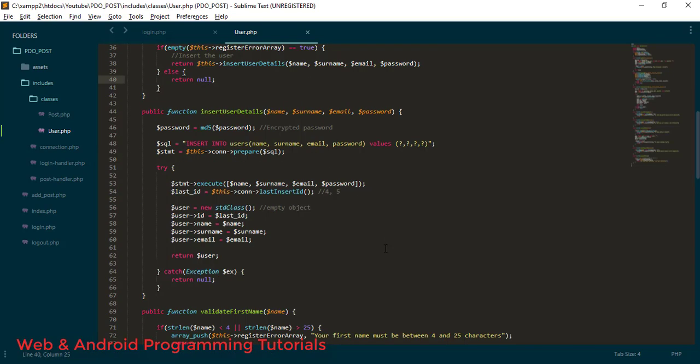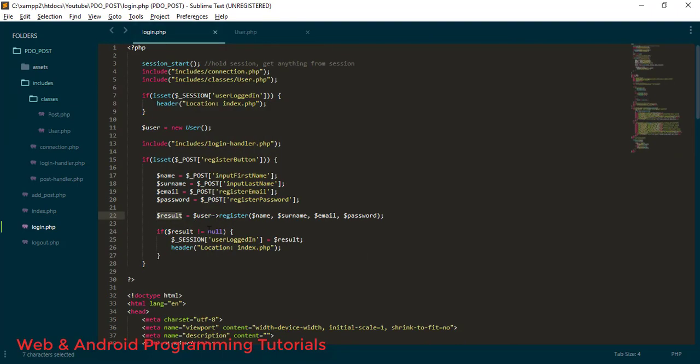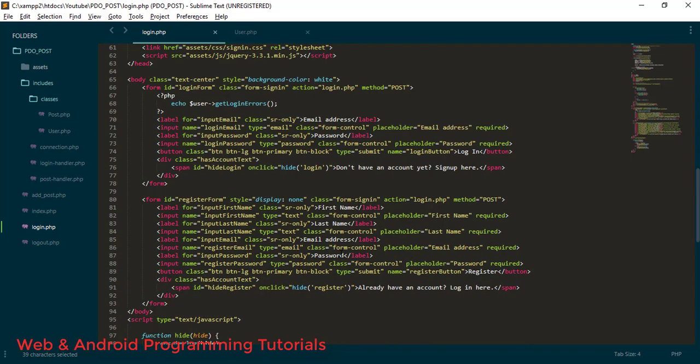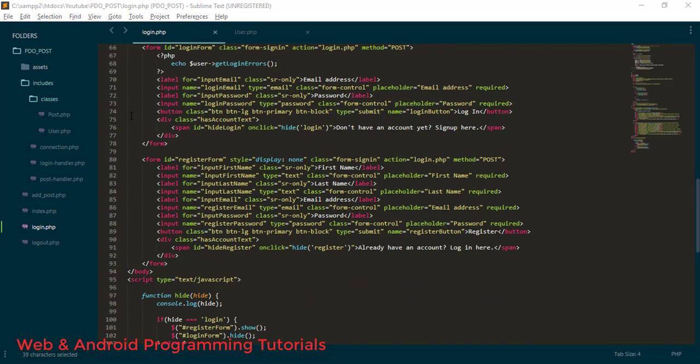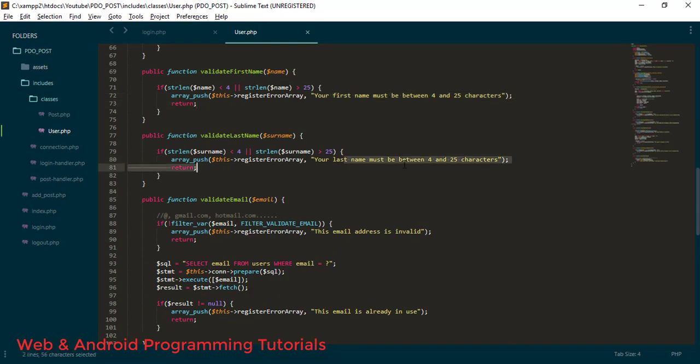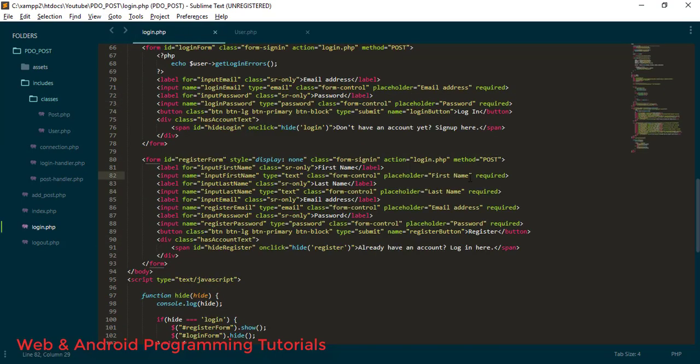So let's have a try and see if we successfully created a user. In the login.php, if we inserted the user successfully to the database, as I said, we are holding this user in the session. So I'm just gonna come to here, and in this registration form, if we have any error and if we couldn't insert the user to the database, I want to show the error messages that we have created in these validations. So here I'm just gonna write PHP